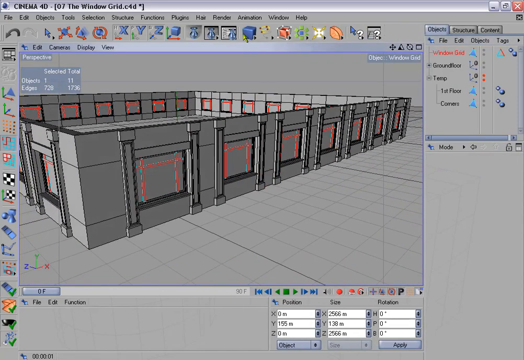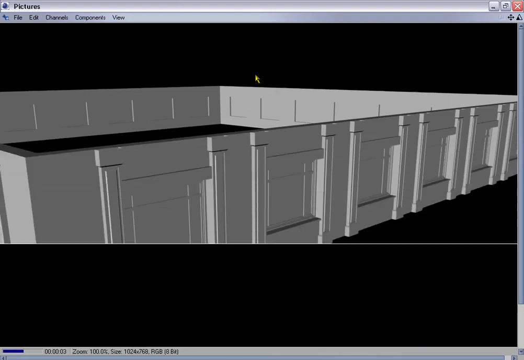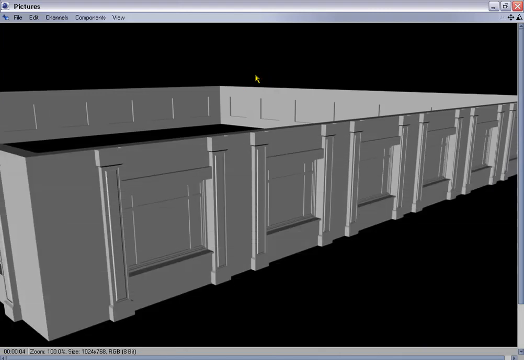Okay, this is the end of part 7 of this tutorial. In the next bit I think we're going to make the ceiling for the ground floor, and then we'll move on